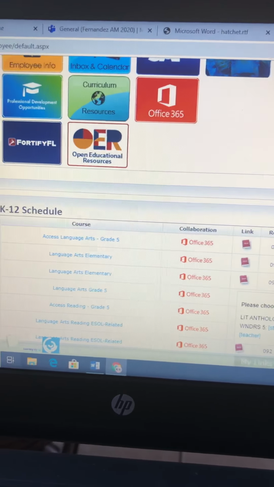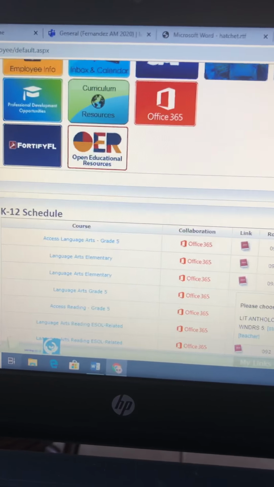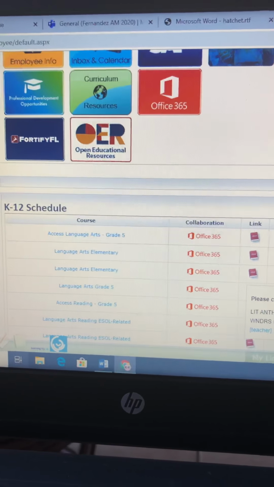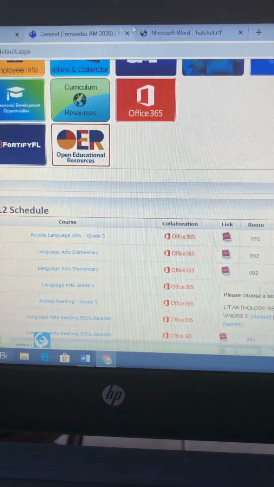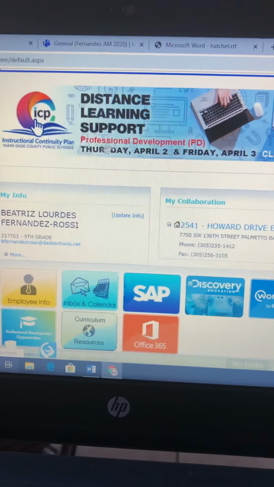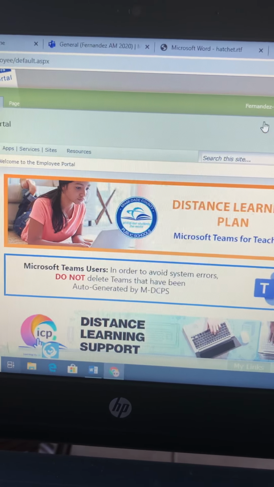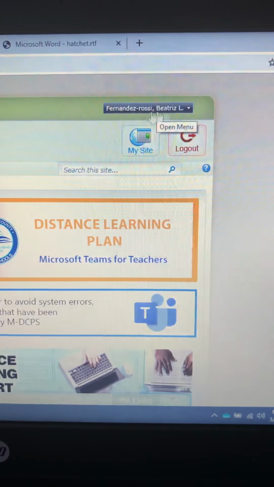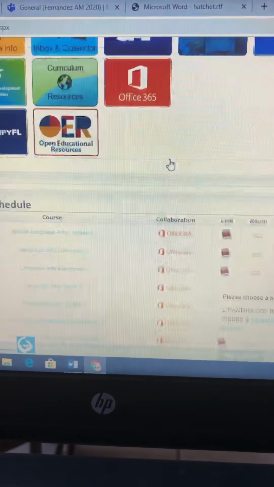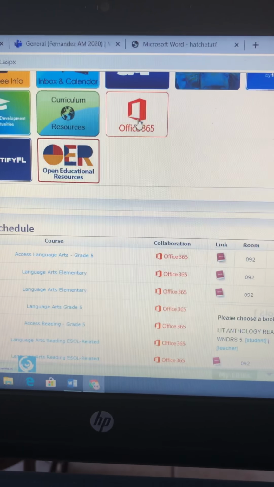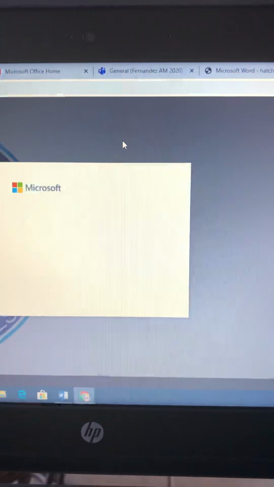So the first video I am making is on how to access Microsoft Teams. Your student or child should first log into their student portal. They would do that by going to dateschools.net and students. And once they're in, they'll know it's theirs. Their name will be on the upper right hand corner. And as they scroll down, they will have this orange little button. It says Office 365 there. To click that,